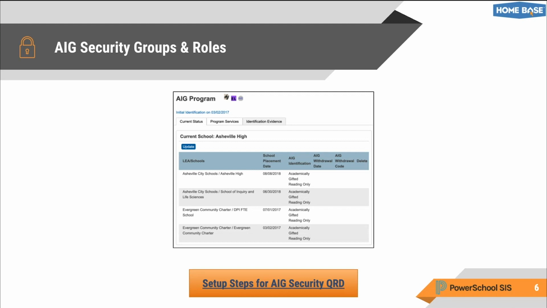Only your lead specialist and district coordinator are going to be able to add, modify, update specific student information. And the only difference between those two is how long of a window they're able to access that information. So the district coordinator can access student information basically forever, while the lead specialist has a finite window of time